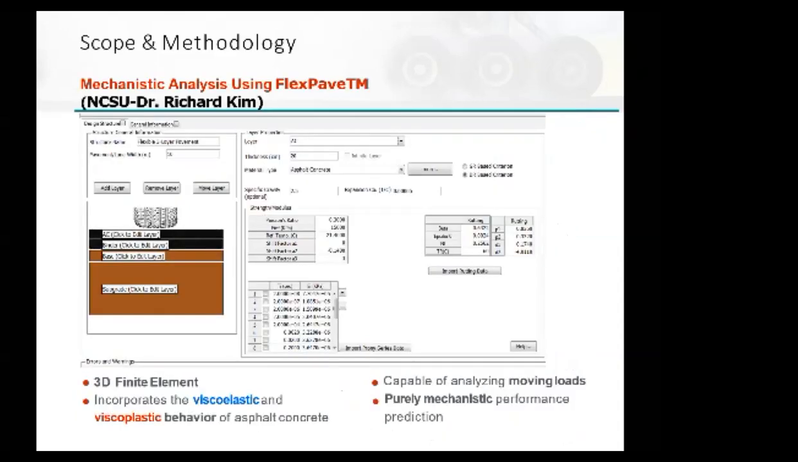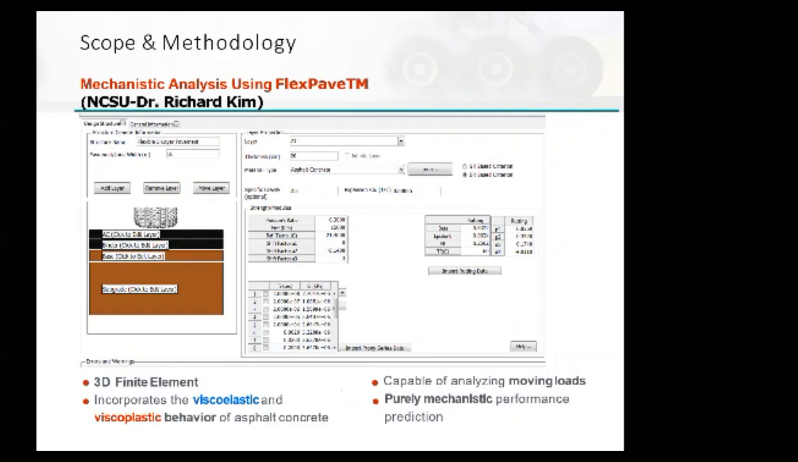Now, we want to analyze our pavements. We want to see what's going on. Then we need to do it right. We want to do it rigorously, I said. We want to do it comprehensively. Accurate performance prediction means step one, you need accurate material characterization models that you need to incorporate in your analysis